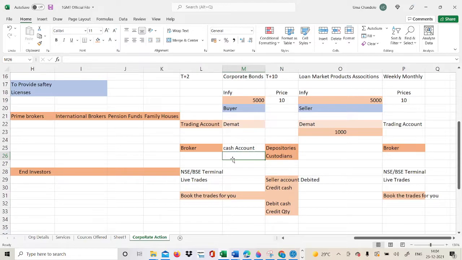Because if you see any discrepancy in the cash and all, you can pull the reports from the broker side and verify it, and after that you can reach out to them to get confirmation on why there is a discrepancy or why the trades have been booked with the wrong price, and whatever concerns or queries you have, you can discuss with them or escalate. But eventually all the activities happen only on the custodian side, because they are holding the demat accounts. The brokers are just sending the instructions to the custodians and depositories; they are pulling the information from the exchange and sending it to the custodians.